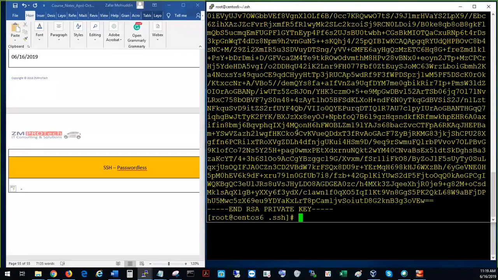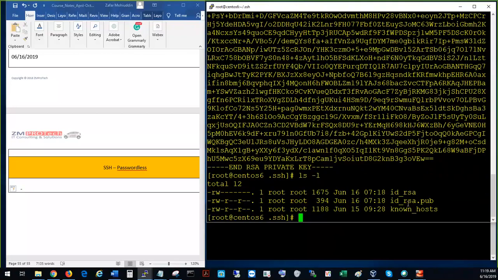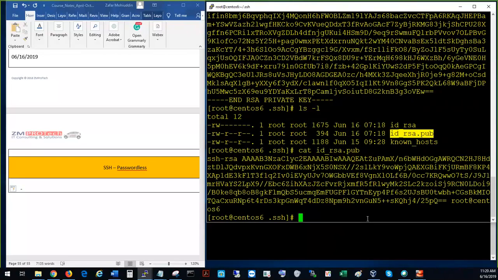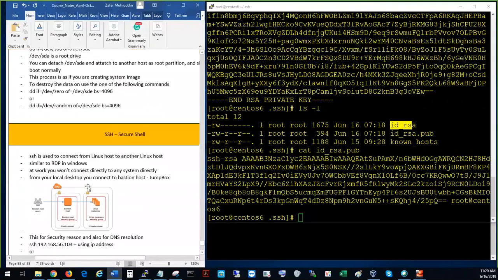Okay, all right, so let's do ls -l again, and then let's take a look at this. So this is another key created by the system, and it's called an RSA public key. So there is, when you do SSH, I put it in here. I forgot to show you yesterday that